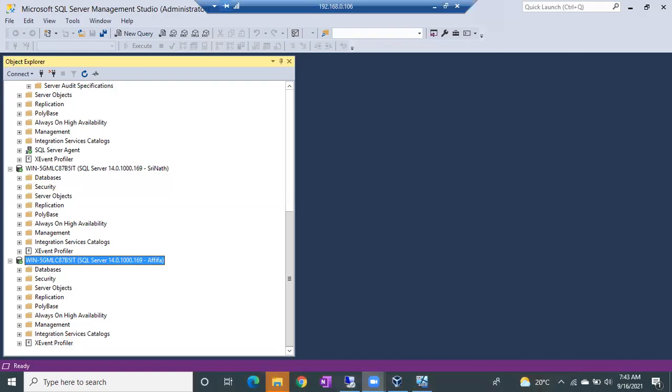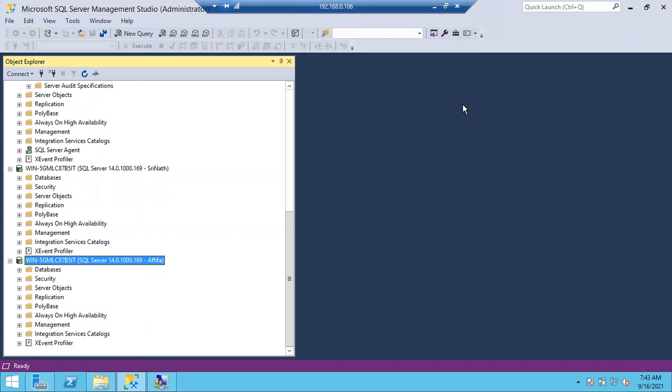Everyone is getting 18456 error only. How to find out the reason? Take Afifa's case, Afifa is trying to log in. Okay, Afifa forgot her password or else she is giving the wrong username. She is trying to log into the SQL server, but she is getting 18456 error. Immediately she pinged a DBA.